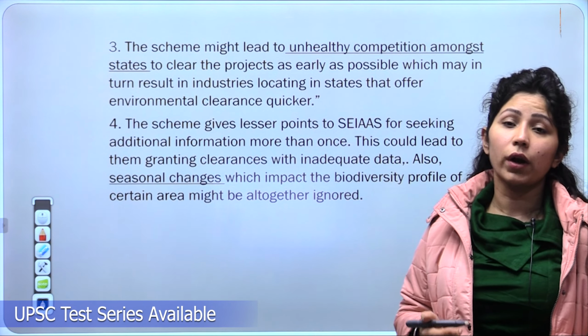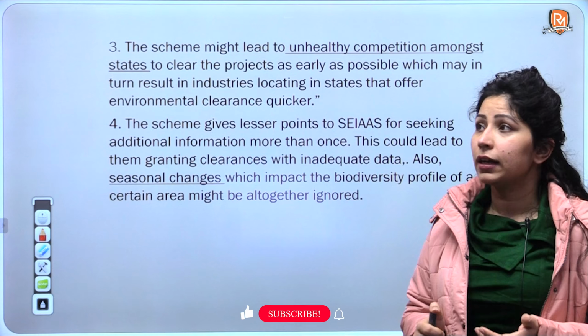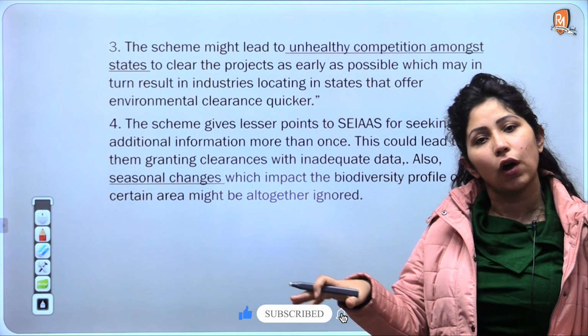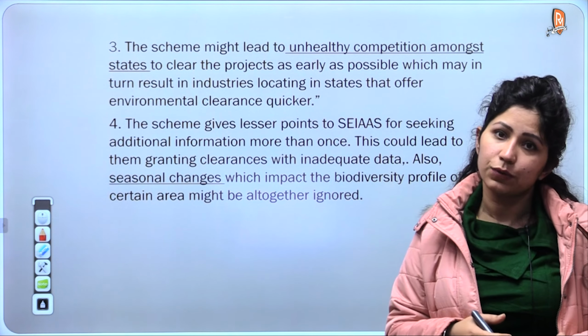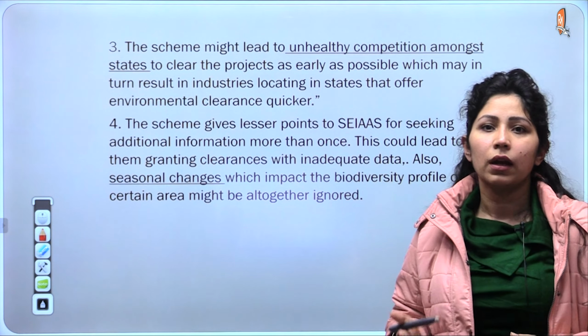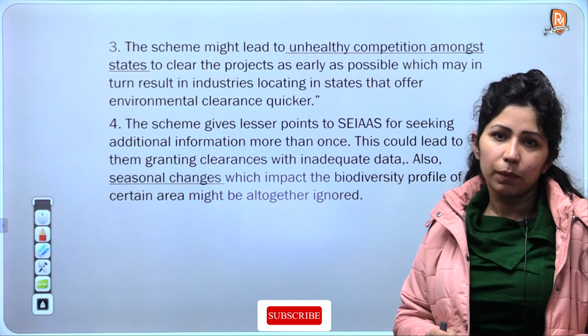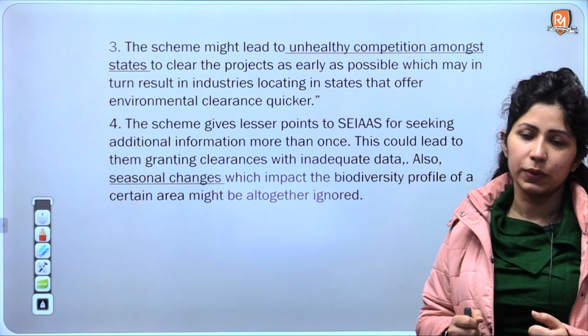And also, what about planned development? Whichever state ensures that environment clearances are given as soon as possible, all the industries will flock there. They'll open up their branches there, and other states which are keeping in view the importance of the environment of their state, no industries will go there, or very few industries will go there, because everybody wants to jump the legal processes. So that will lead to skewed industrial development, and an unhealthy competition between states.